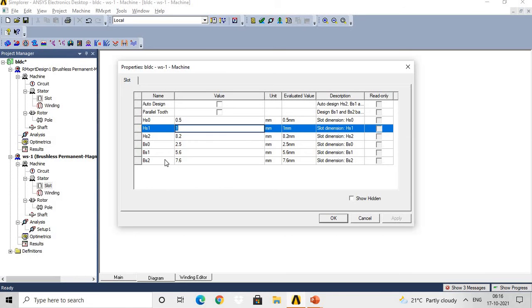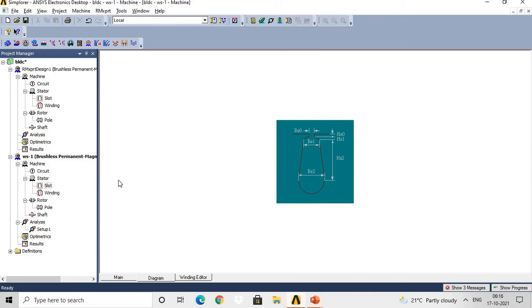All these are slot dimensions. HS2 8.2 mm, BS0 2.5 mm, BS1 5.6 mm, BS2 7.6 mm. Then according to that the slot geometry is prepared, and the meaning of BS0, HS0, HS1, that idea you will also get through this diagram.